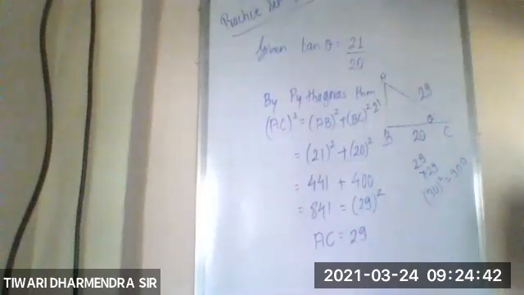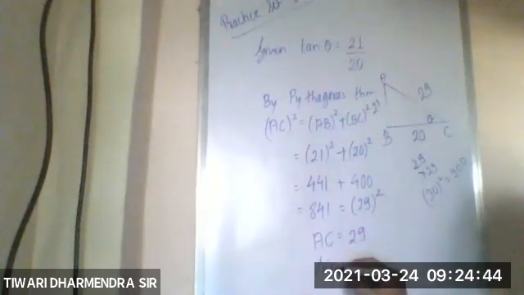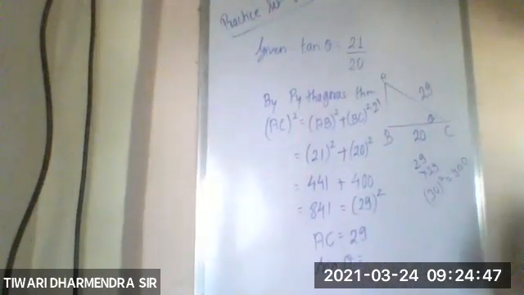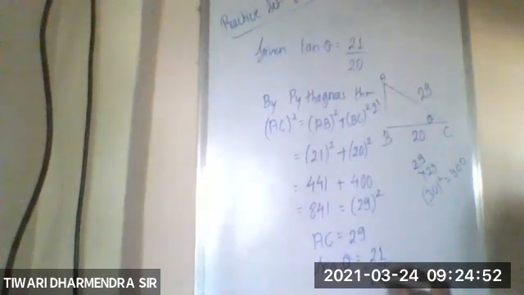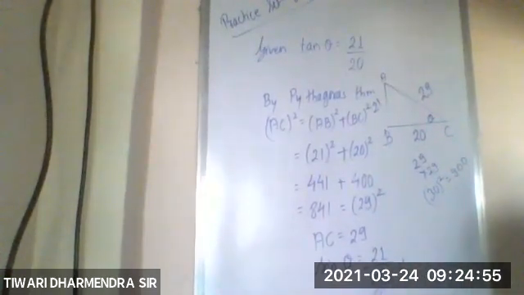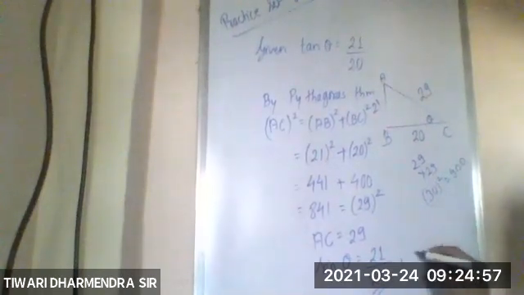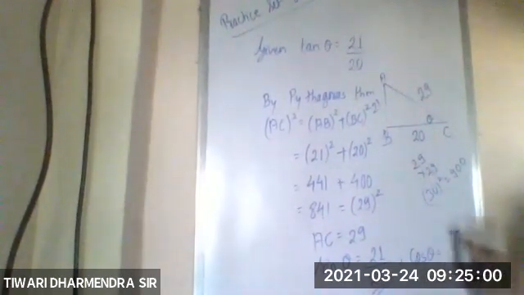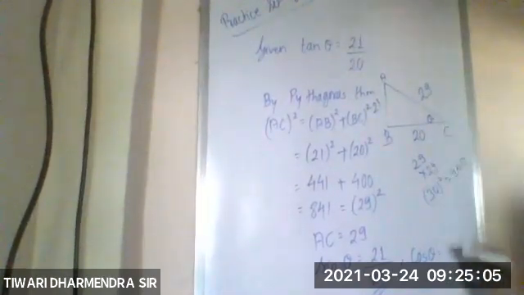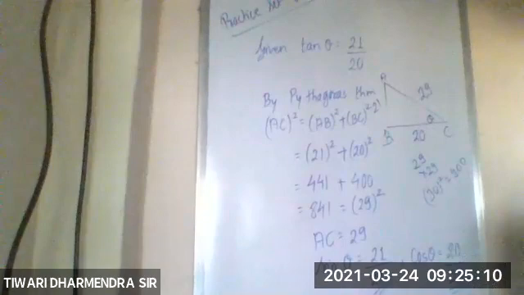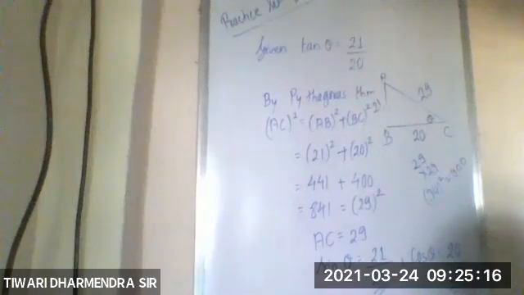Now by observation we can easily answer. They're asking us to get the value of sin theta. So sin theta is equal to opposite upon hypotenuse. Opposite is 21. Hypotenuse is 29. Done. So simple. Go for next. Cos theta: adjacent upon hypotenuse. Adjacent to theta is 20. 20 upon 29. Done. This is the answer. Hope you have understood this problem. So we have completed question number 1. Whichever problems are remaining, you can try by yourself.